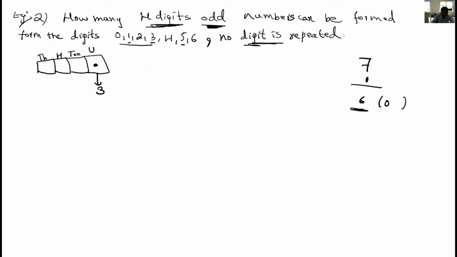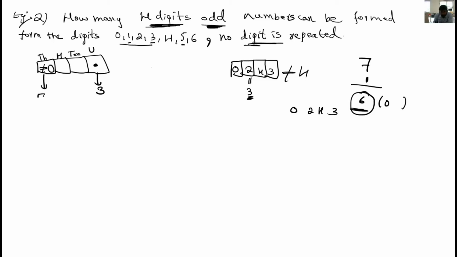But see, one more restriction is there, 4-digit number. See, 6 numbers are remaining. In those 6 numbers, 0 is also included. But here for thousands place, 0 is not possible. So for thousands place, how many digits are possible? Only 5. Okay, you can use only the 5 remaining numbers. Then come to the hundreds place. Here 0 is possible. See, so 6 numbers are there. You are taking one number, then 5 numbers are remaining. So for hundreds place also you can fill it in 5 ways.